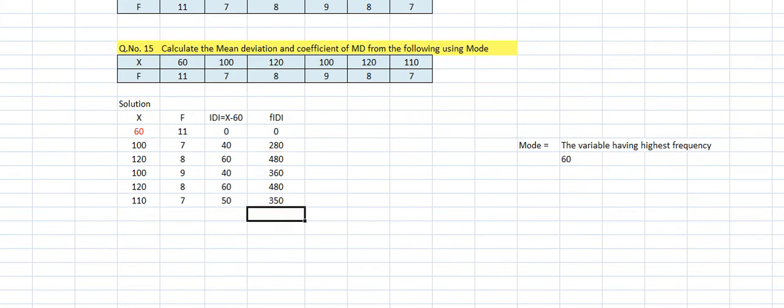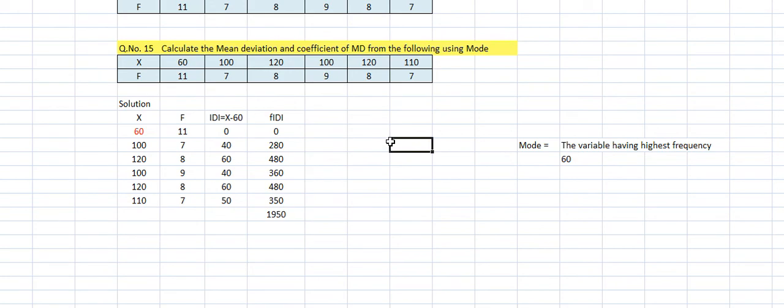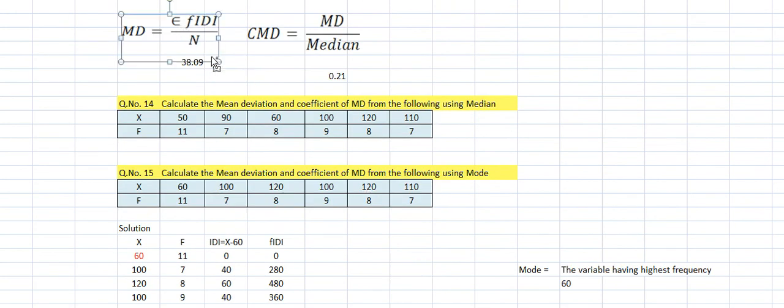Okay, now you need to find the total. Right? So you need to find the total. Total is this one. I think I will check once actually. I think I maybe made a mistake here. Just wait for a while. I think the total is the same. 280, 280, 360, 280. Okay, 350. It is correct.